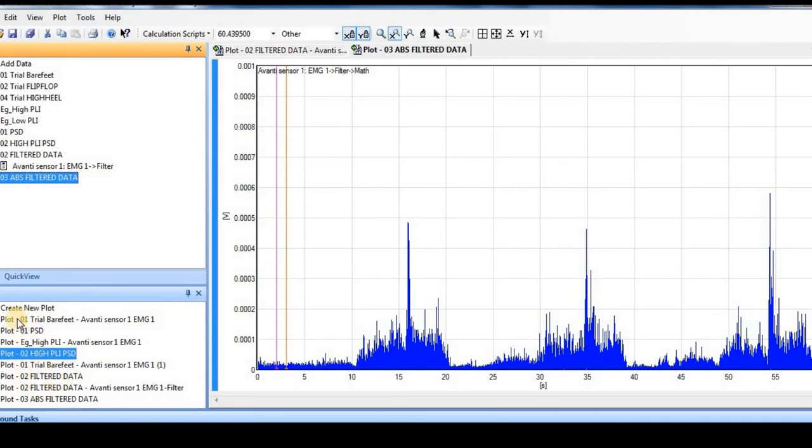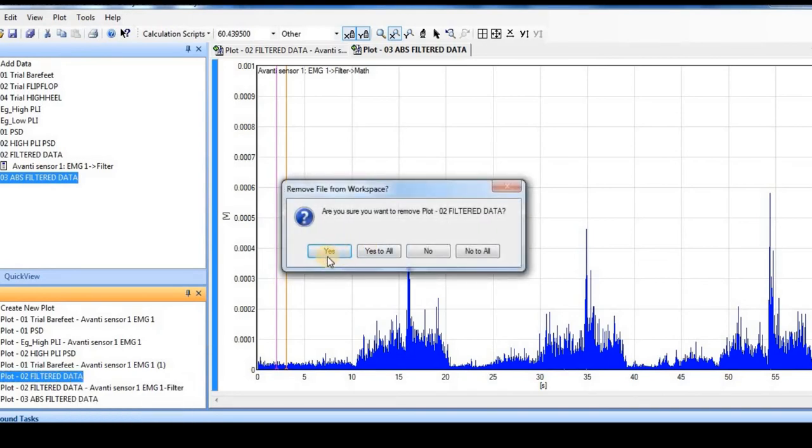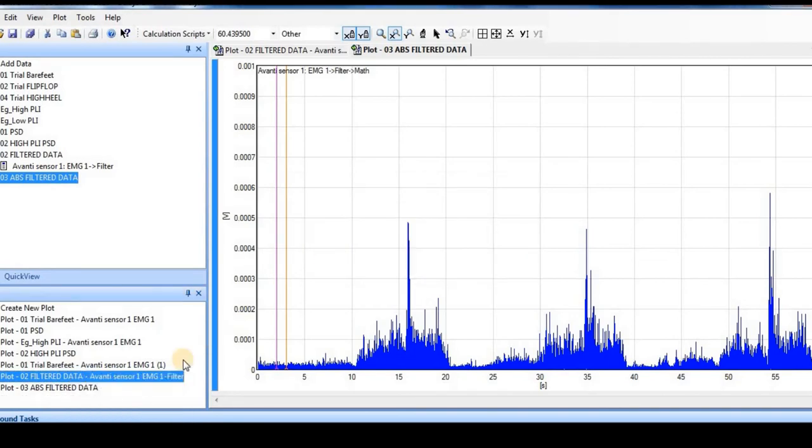All these plots are temporarily available. Any plot I want, I click it again and I can get that plot back. If I want to remove any plot, I right click it, and the plot can be removed from this temporary workspace. So this is all about rectification, and now my signal is rectified.